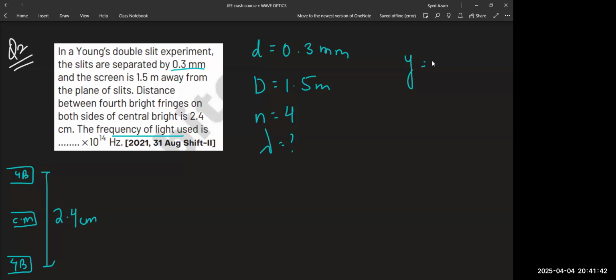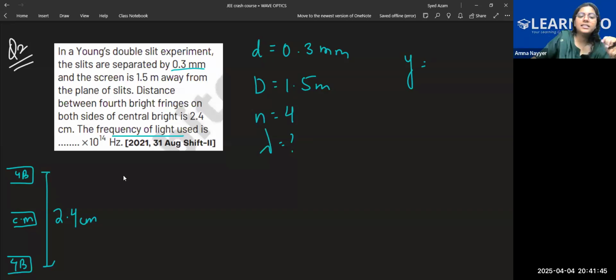1.2. 1.2, correct. See, double the distance is given. We'll just take this 1.2 centimeter, and that's just